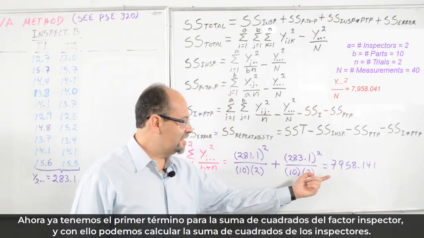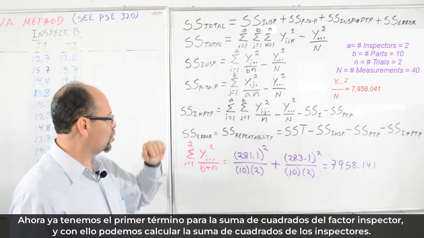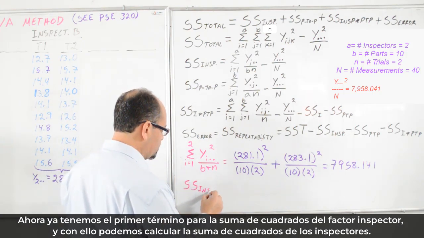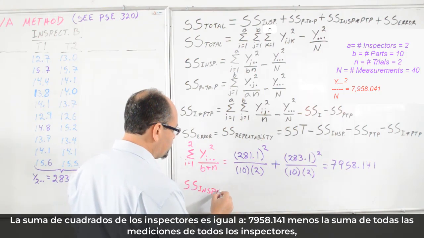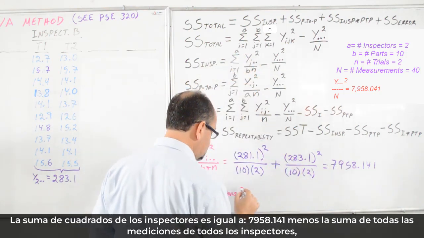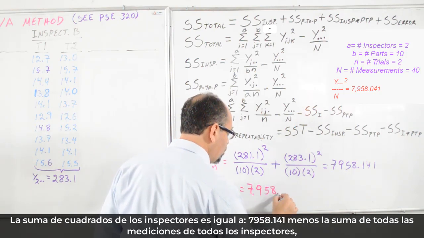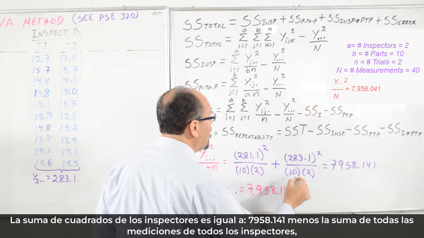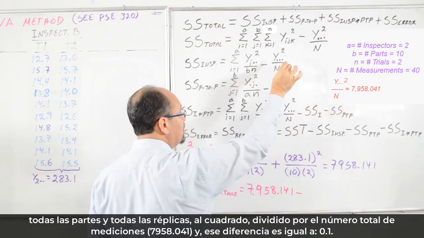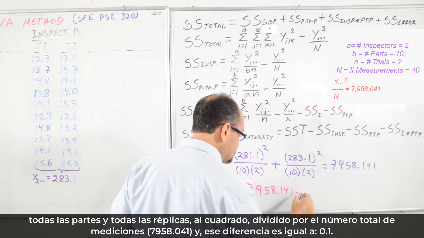Well, we already have this first term for the sum of squares of the inspector, and with that we can calculate the sum of squares of the inspectors. The sum of squares of inspectors is equal to the first term, which is 7,958.141, minus the measurements for all the inspectors, all the parts, all the trials squared divided by the total number of measurements, which is this value,